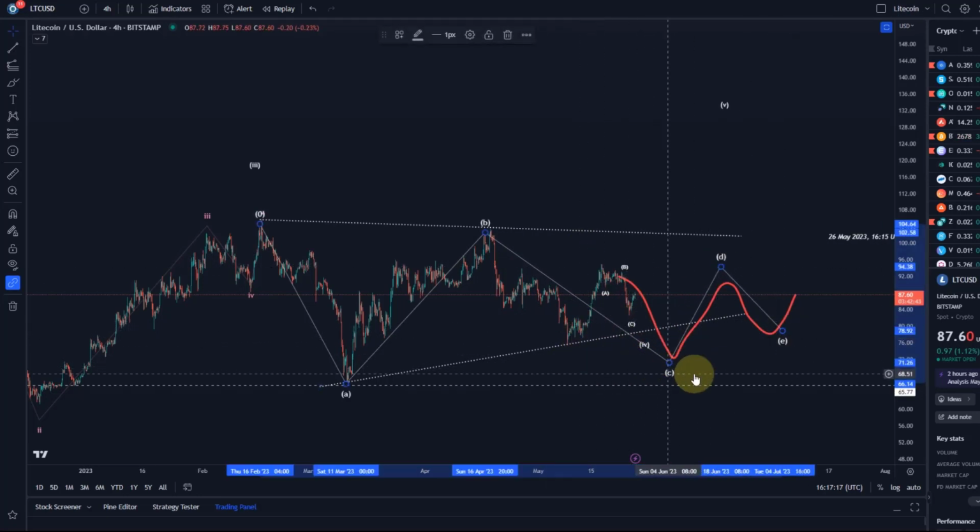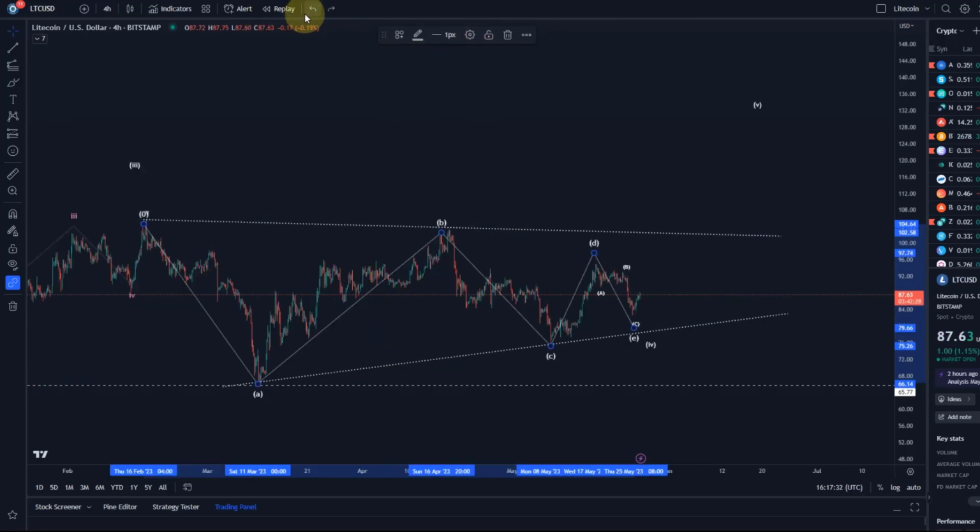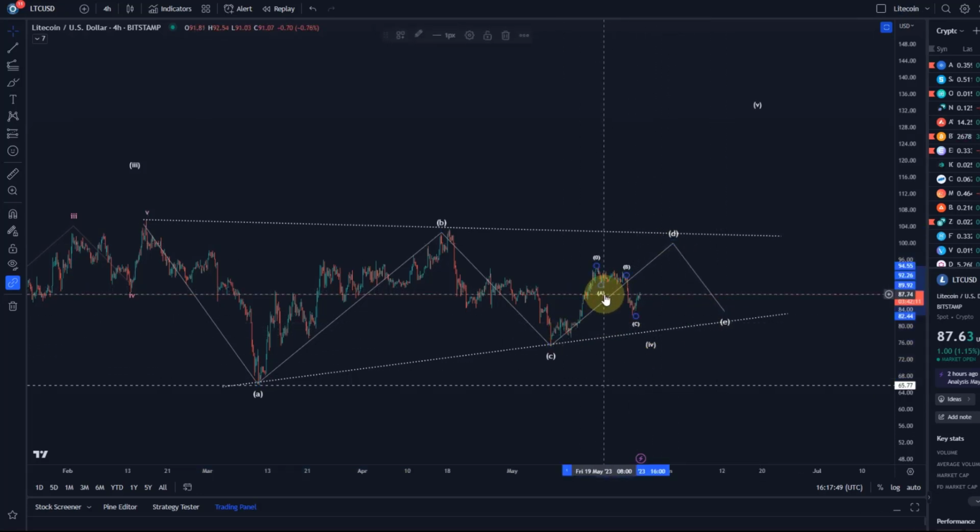Whenever these subdivisions are taken out, these supports or resistances, it just leads to an extension of the triangle unless we finally break below the A wave low or break above the B wave high. And the expected direction here would be a break to the upside, because typically a triangle would break out to the opposite side of the E wave. But I cannot promise you that this is happening already, because a triangle can always extend out. In fact, I think there are actually quite good chances that the D wave is still unfolding. Yeah. And then we would have here an A wave. This here was a B, and we're now pushing higher in a C wave.